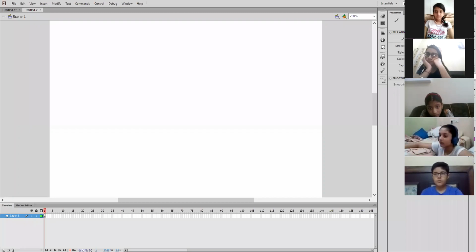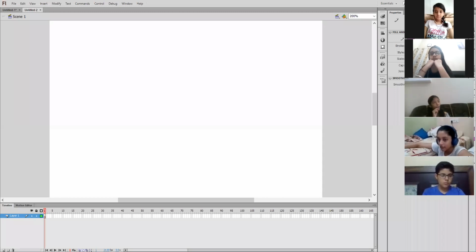These are the same properties which we have already studied. This is the stroke color property, which will tell you the color of your pencil. The size of your pencil can be determined by the stroke size property, that is, how much width of the pencil you want.